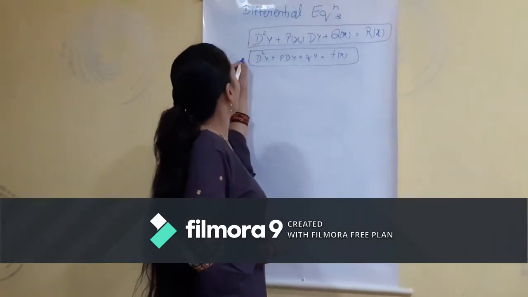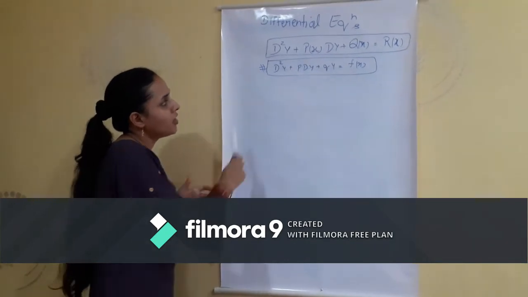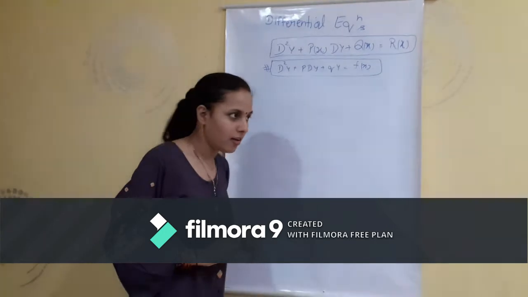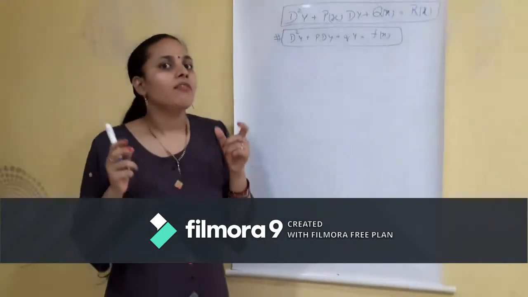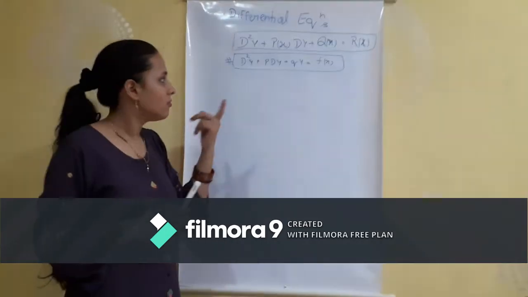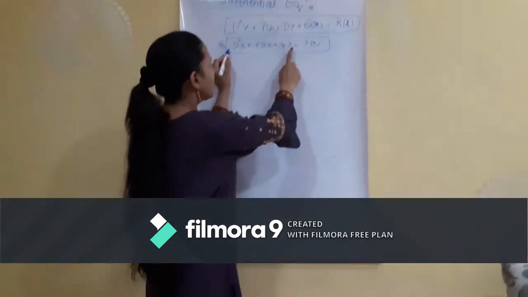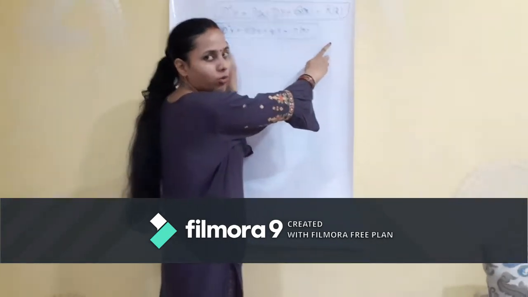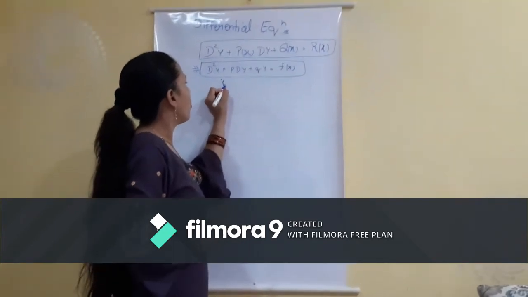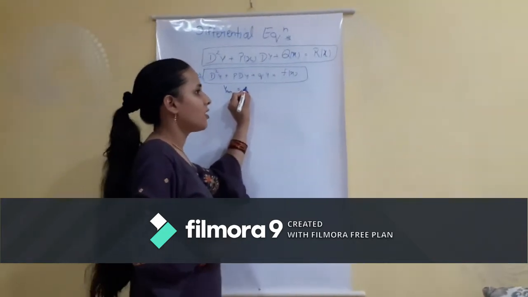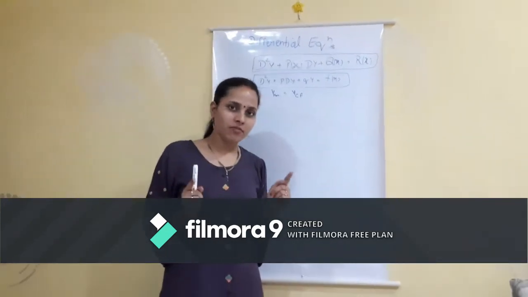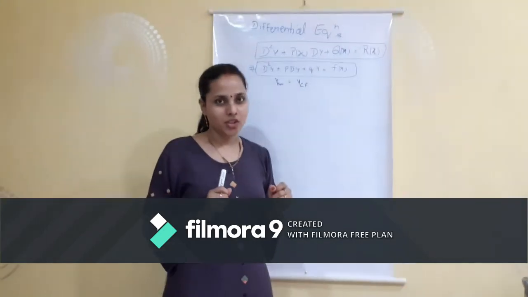We will try to find out the solution of this differential equation. Now the non-homogeneous part appears here. When a differential equation has a non-homogeneous part, we write the solution as the solution of the homogeneous part, then the solution of the non-homogeneous part. The solution of the homogeneous part is called the CF. If we find the solution of the homogeneous differential equation, that is called a complementary function.